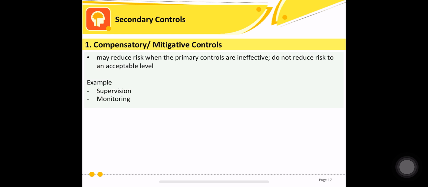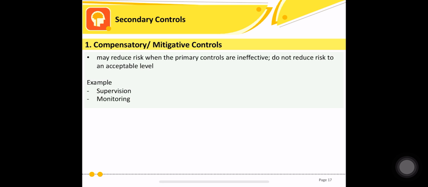example mo, yung primary control mo, assumption natin, ineffective siya. So, pumalya yung primary control mo. Now, you have a secondary control na pwedeng mong maging reliance. So, kumbaga si primary control is your first gate, your first control, unang makaka-mitigate nung risks. It's just that, again, hindi natin totally ma-eliminate yung risks dahil meron tayong residual risks. Kaya, meron tayong secondary control na compensatory. So, if the primary is ineffective, pumalya, meron kang sasalo. Kumbaga, ito yung tinatawag nating saving grace na control.